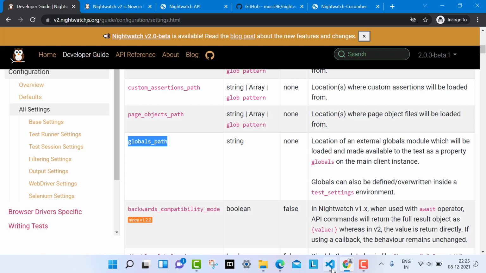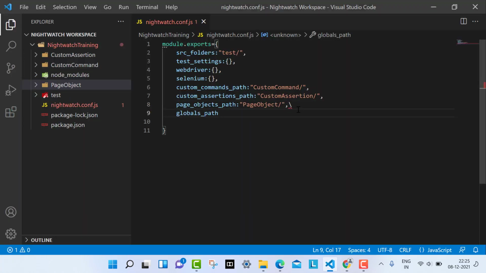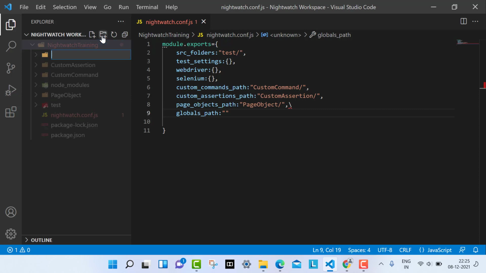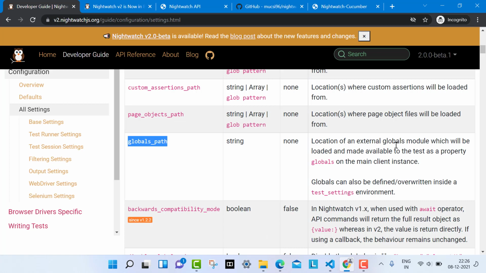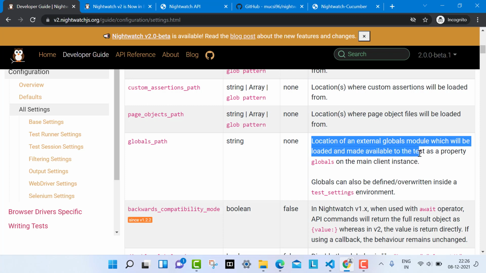So here I'm going to define a global path, and create a folder called globals, and give the name of it. It says: location of an external global module which will be loaded and made available to the test as a property globals on the main client instance.